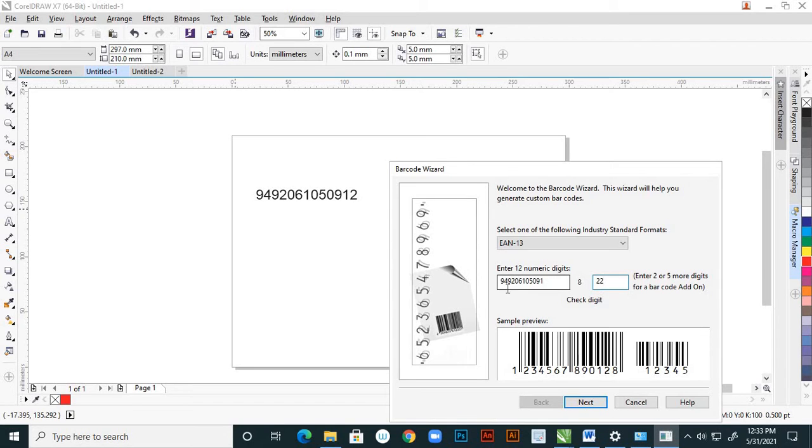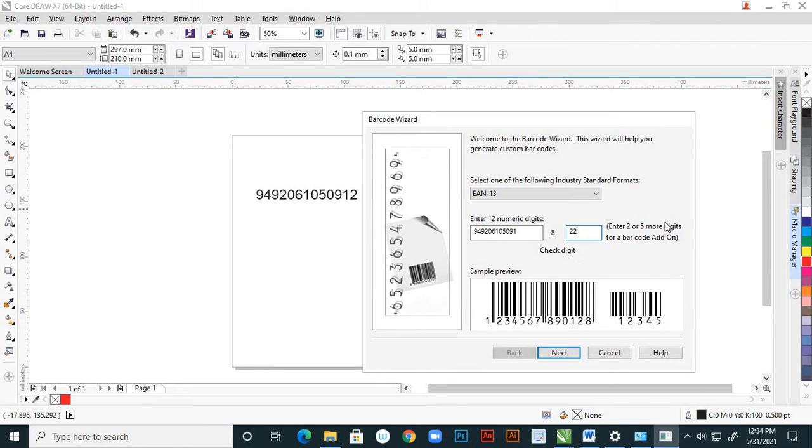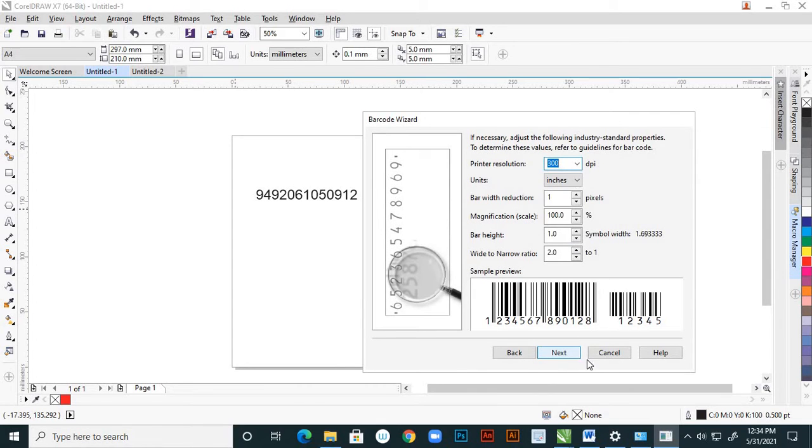Count the numbers 1 2 3 4 5 6 7 8 9 10 11 12, and this is 8, which makes 13. And here these are the add-ons. We have to give between 2 or 5 digits for the add-on. Then click next.